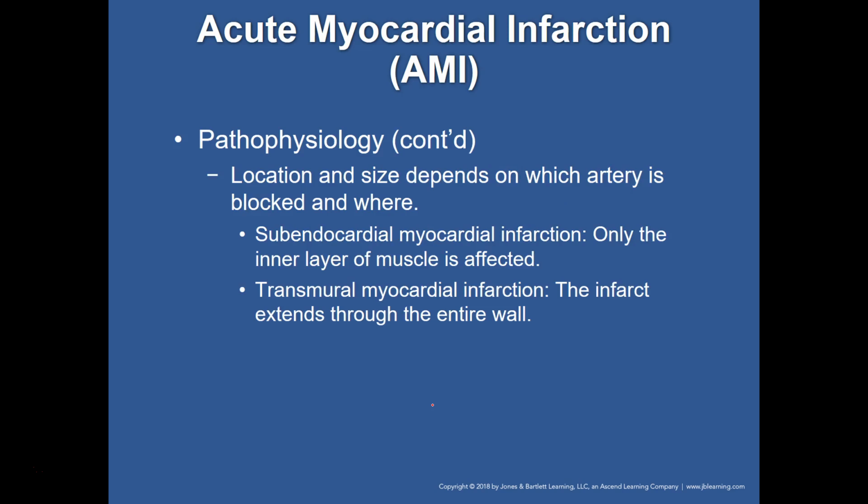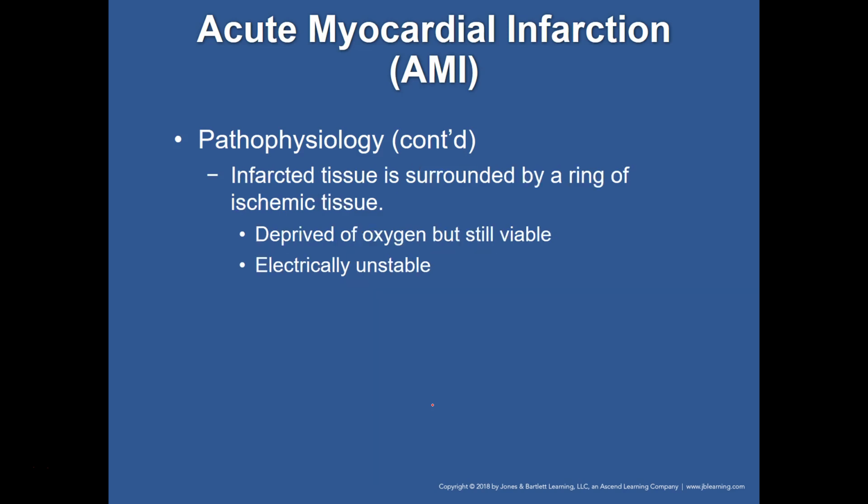So you see a couple of different things there, subendocardial as well as transmural. Most infarcts involve the left ventricle. When the anterior, lateral, or septal wall of the left ventricle are infarcted, it is usually from occlusion of the left coronary artery or one of its branches. The RCA usually causes inferior wall infarcts. Infarcted tissue surrounded by a ring of ischemic tissue, and I was thinking there was a good